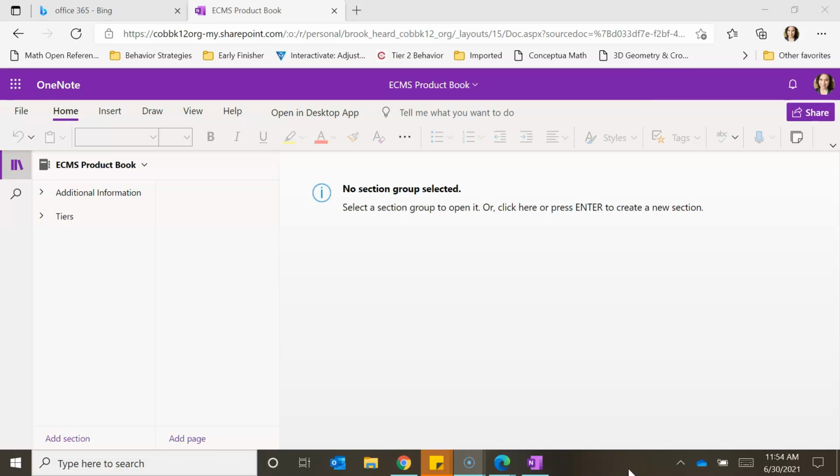Again, my name is Brooke Hurd and I am walking you guys through a series of Microsoft OneNote, how to access it, how to create your notebook, and about all the features included in Microsoft OneNote. So before we can get into creating your individual notebook and all the different pieces to that, I wanted to give everyone an overview of what Microsoft looks like and all the different parts so that you have a clear understanding of what you need to do when you start to make your own notebook that we will talk about